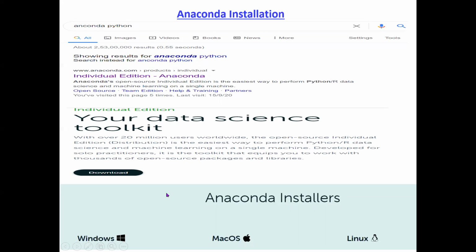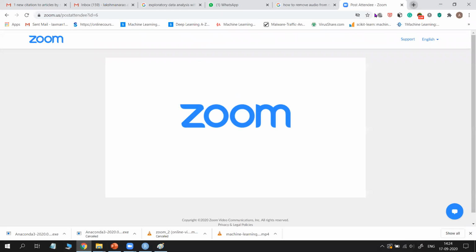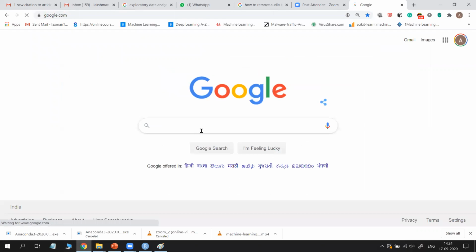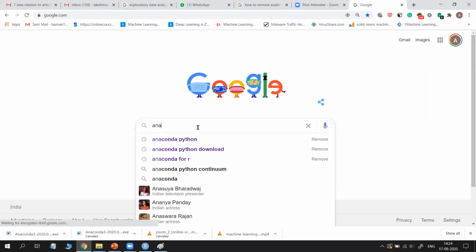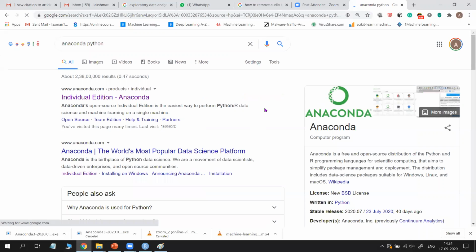Now I am showing this in the Google Chrome browser. Simply open the Google page and type Anaconda Python; of course you can also type just Anaconda. Press enter. You may also move on to anaconda.com products individual edition.